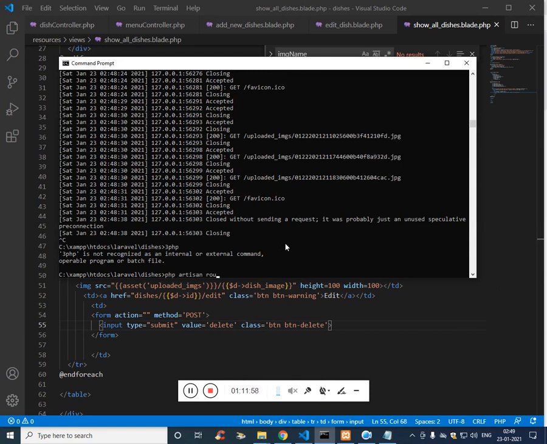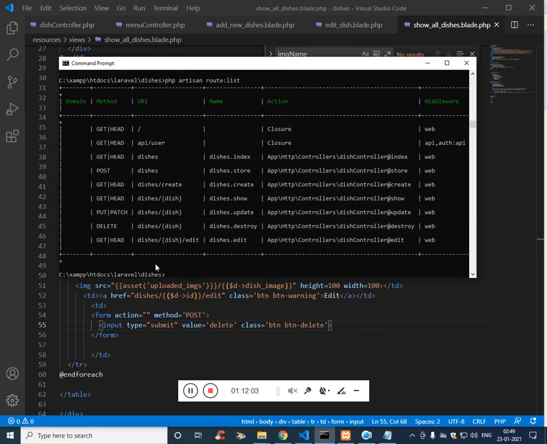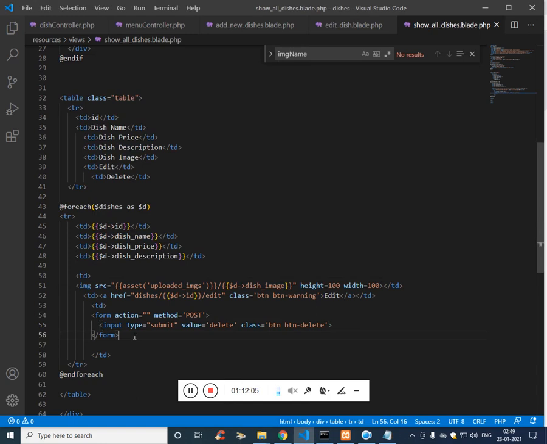I have to check the route list: php artisan route list. Delete is the function we have to use.